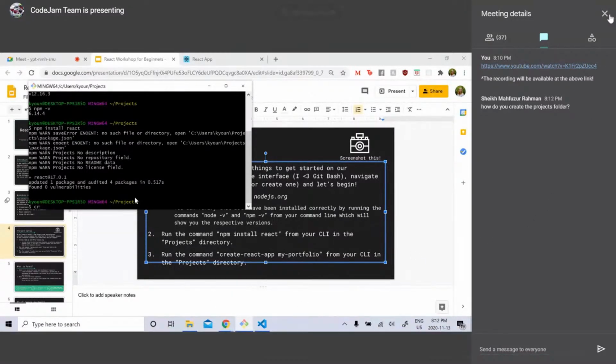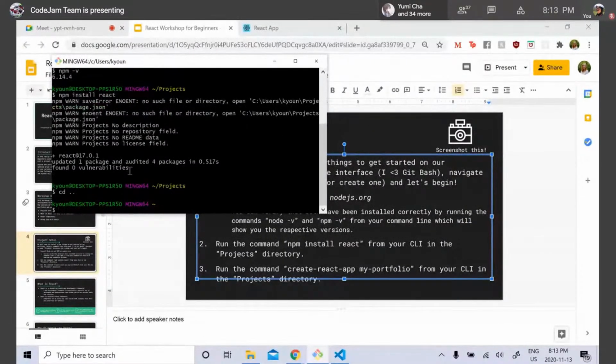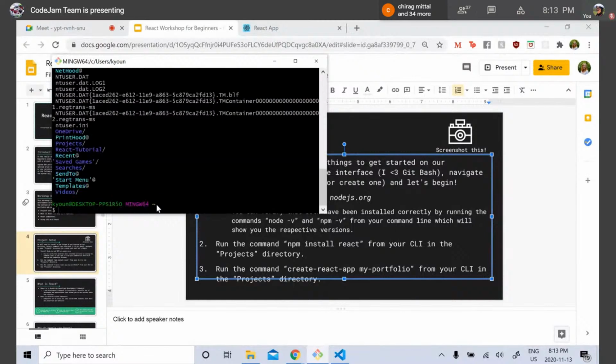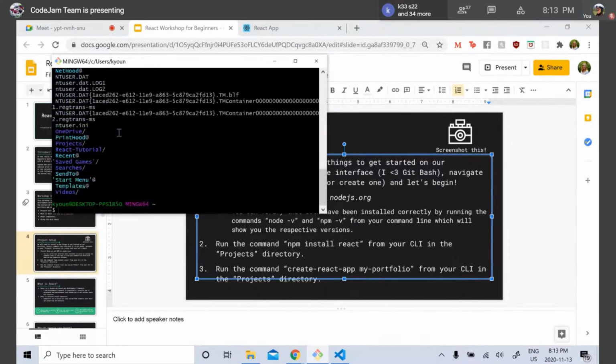Sure, yeah. So if you have your terminal open and you're in your root directory here, you can do ls to take a look at all of your folders. This is assuming that you're using Git Bash. The commands will be a bit different if you're not using Git Bash. So ls shows you all of your folders that exist. And if you want to create a new folder, you just go mkdir,